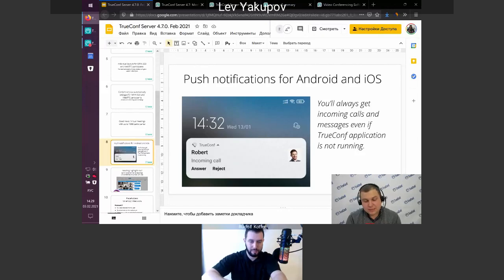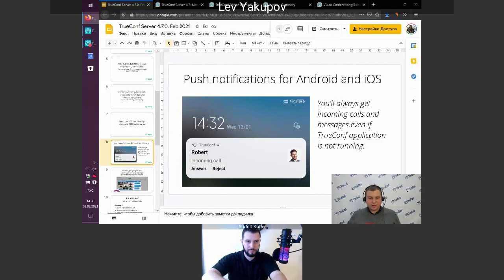So what we did is add a feature which tries to connect from your server using TCP port 443, which is used for HTTPS. This is the port used by web browsers to reach our registration server.